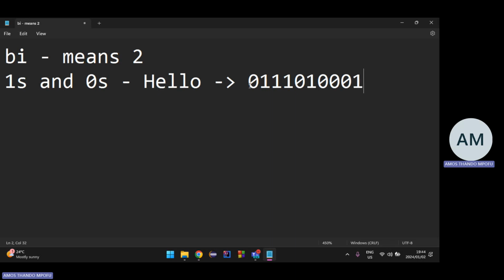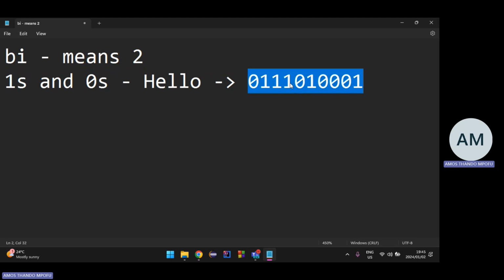It uses only 2 digits to communicate. You might ask yourself, how come it knows the letters? We'll get to that. But in simple terms, hello would translate to something like this. That's not the direct value, but this is how it would look in the language of the computer.